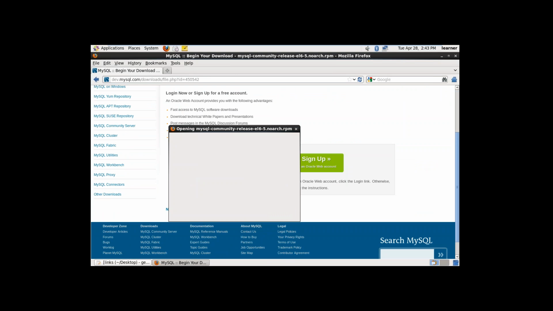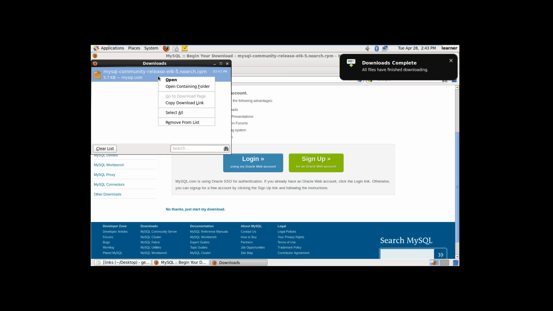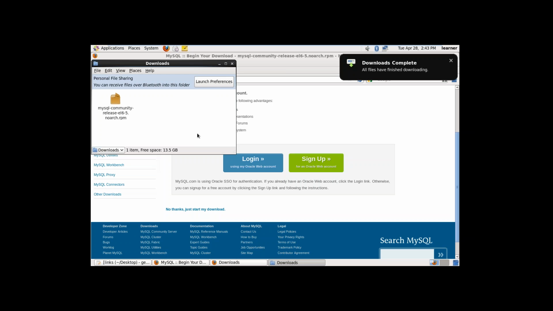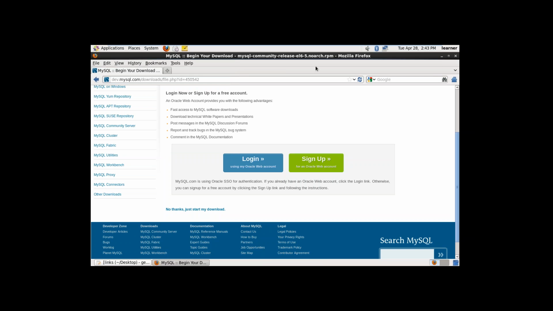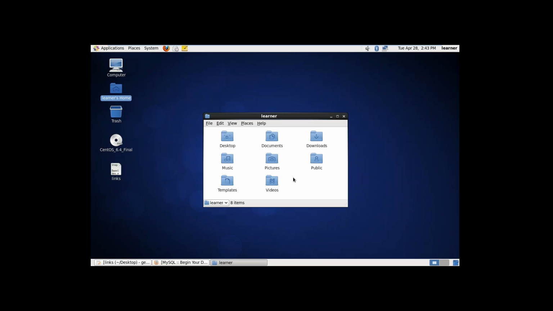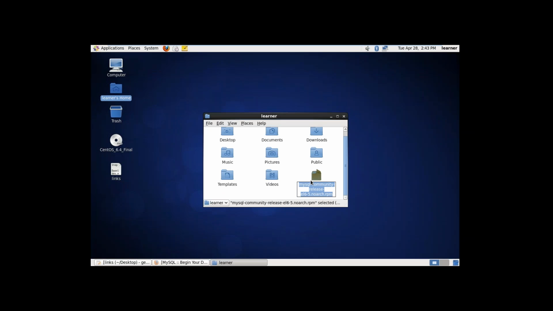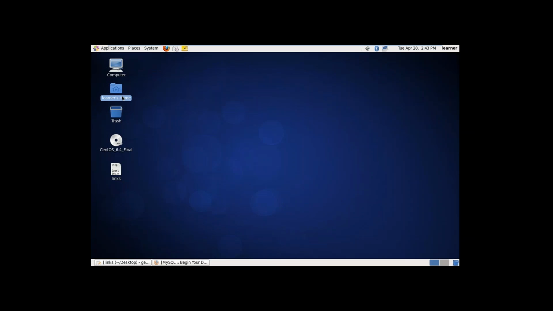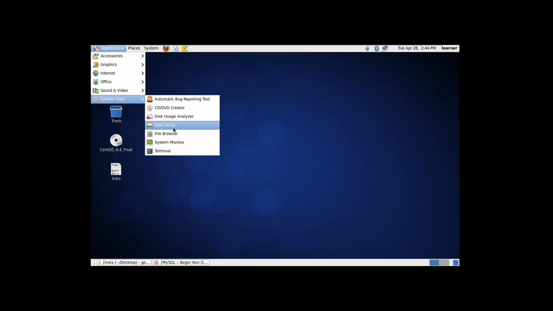I'll be saving the file. Once the file is saved, I'll go to the downloads folder and copy it from here and paste it in my learner's home. I'll also copy the name so that in future if I want to use it, I can simply paste it. Now I'll go to my terminal,